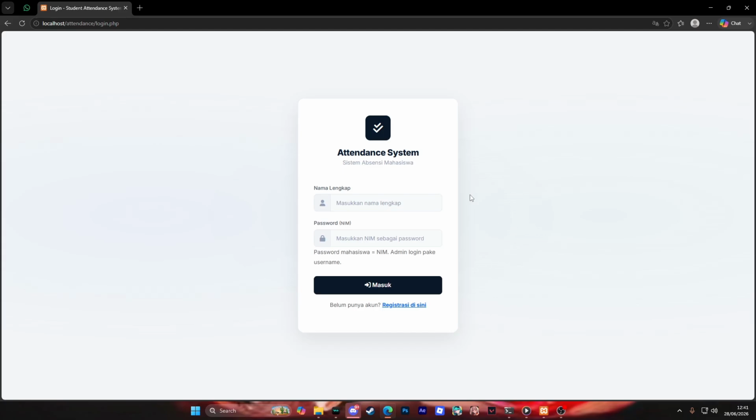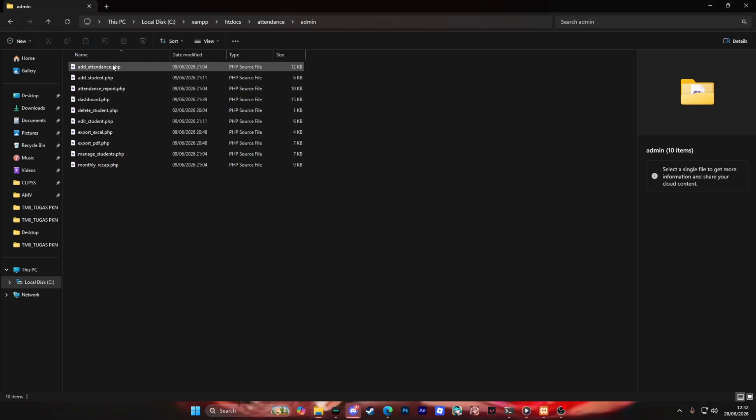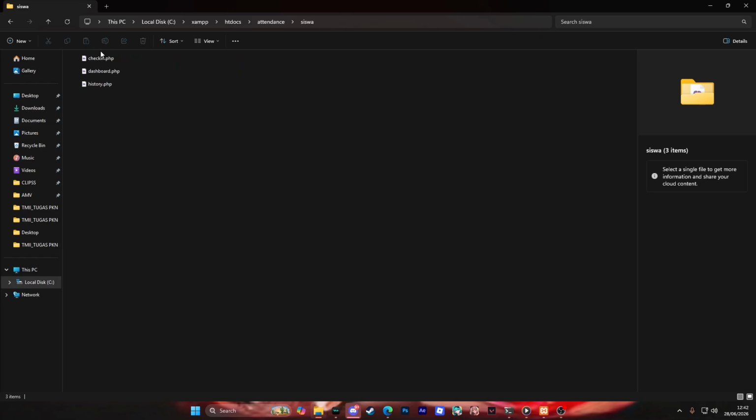After logging in, the system provides different access rights based on the user role. Admins are directed to the admin dashboard. Students are directed to the student dashboard.